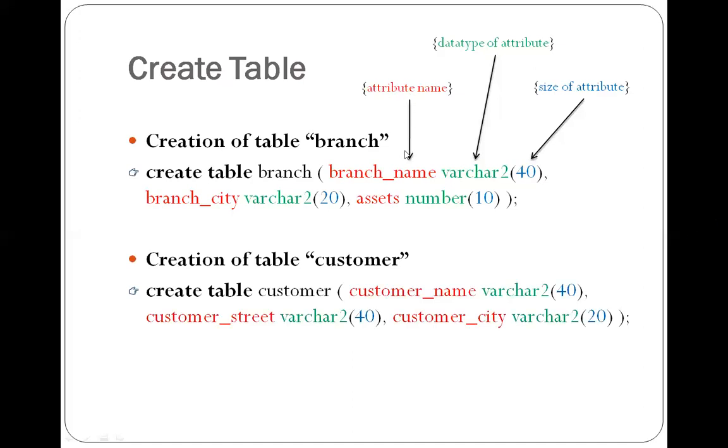So these red words mean attribute names, green means data type, and blue means the size of that attribute. Okay,